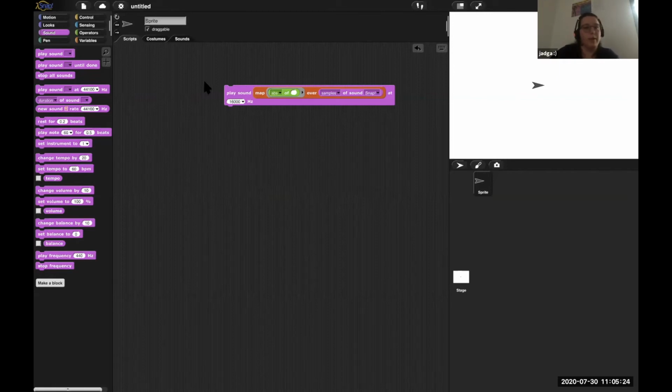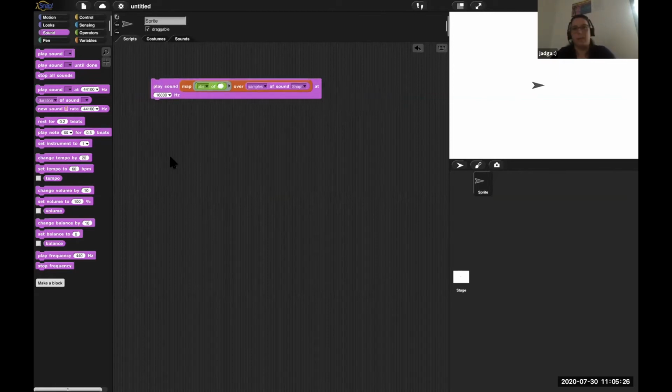Let's throw away this one. Let's just use 16,000 hertz. Maybe that has to do with the sampling rate. Interesting, it has something to do with Zoom. Anyway, so the sampling rate is the number of samples I get in 1 second when I record the sound, and the playback rate is the number of samples I get in 1 second when I play it back. And if they differ, you get a different pitch. So apparently the regular play sound block has a different playback rate than my sampling rate. So the sound changes. Let's do the same here.